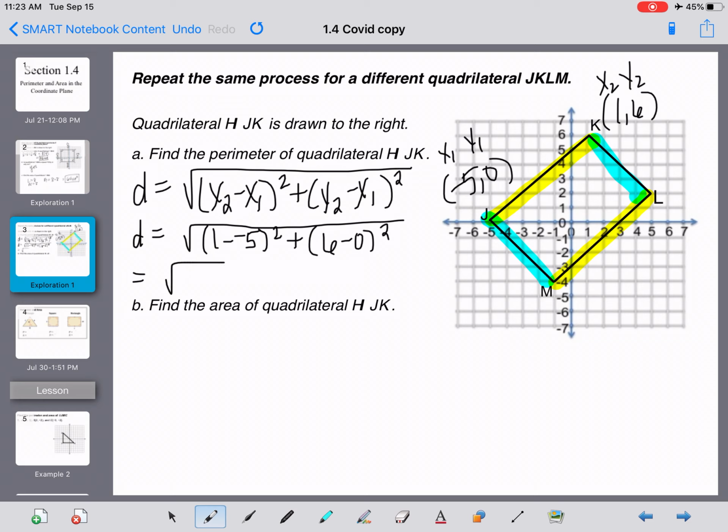So 1 minus -5, when you're subtracting a negative, it turns into addition. So that's going to turn into 6 squared. And then 6 minus 0 is also 6 squared. And then 6 squared, 6 times 6 is 36. So I'm going to have 36 plus 36, which equals the square root of 72. And then if you do type that into the calculator and approximate it,